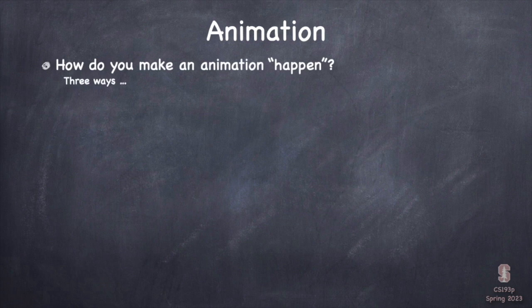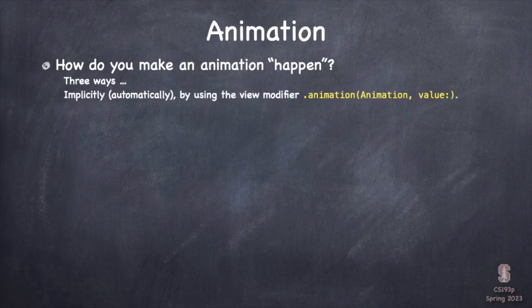So how do we make animation happen? How do we make it go? And there's three ways to do that. One is implicitly, and this is the animation we saw for shuffle. And the idea here is we're going to use this view modifier called animation, and we're going to make it so that everything that affects the view that we apply it to is going to get animated when things change, and we get to say what value, what thing has to change to cause this animation to take effect. So we could actually put multiple implicit animations on something with different values, so different things would cause different kinds of animation to happen. So that's implicit animation. That's all you've ever seen in this course.